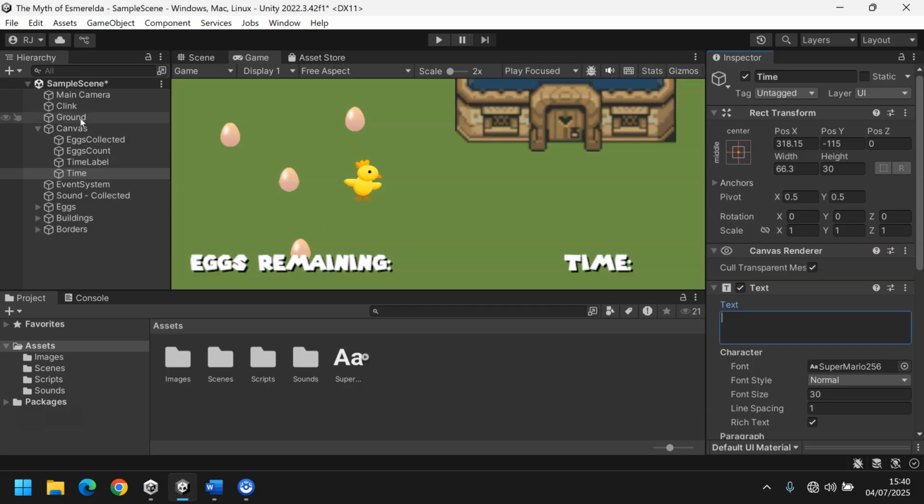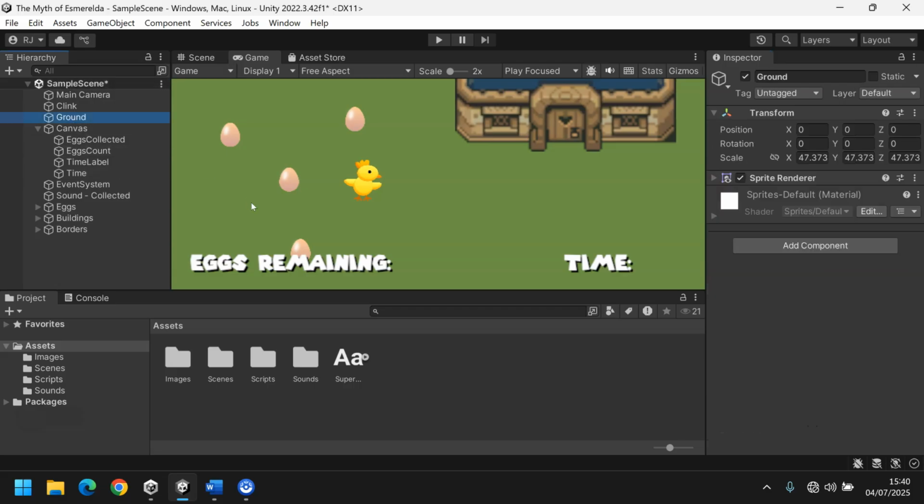Anyway, what I'm going to suggest you do, I normally put the countdown timer on the main camera, but it kind of messes up when you go into one of the other scenes, as in it carrying across. So I'm just going to click on the ground because that's an inanimate object, which I'm not going to do anything with. And I'm going to add my script to this. It's going to be called countdown timer,